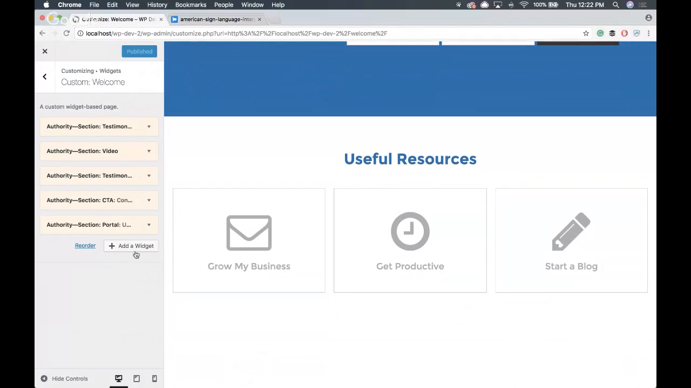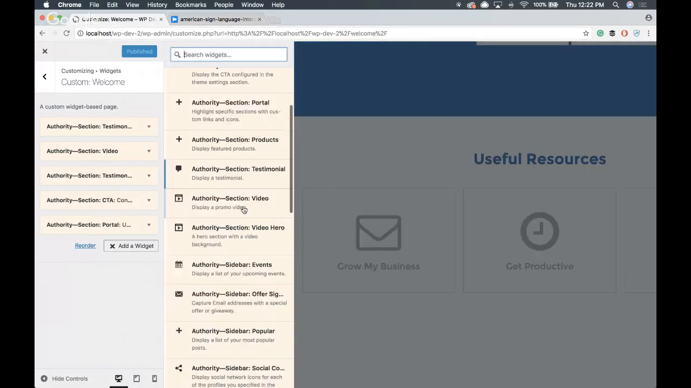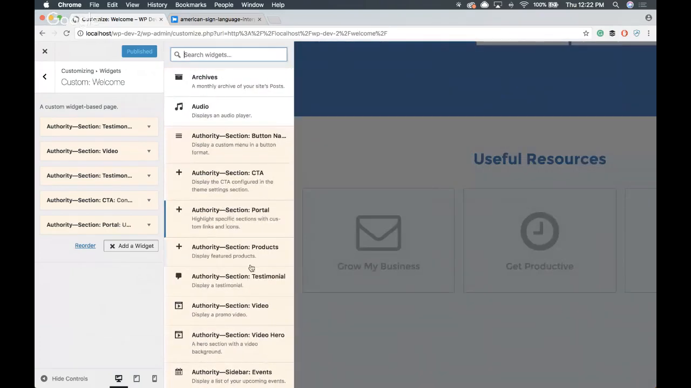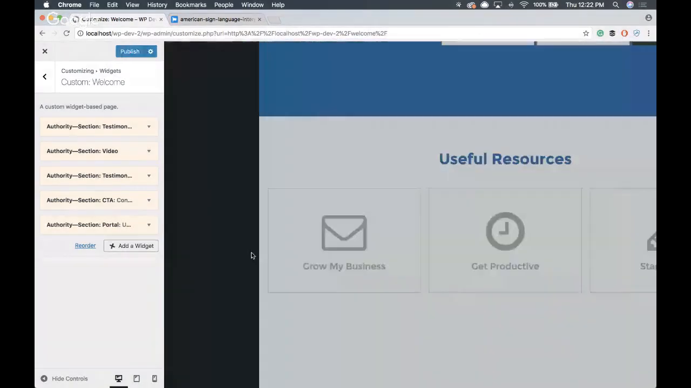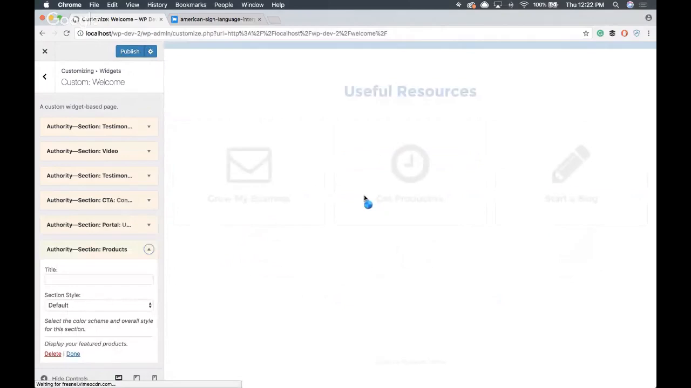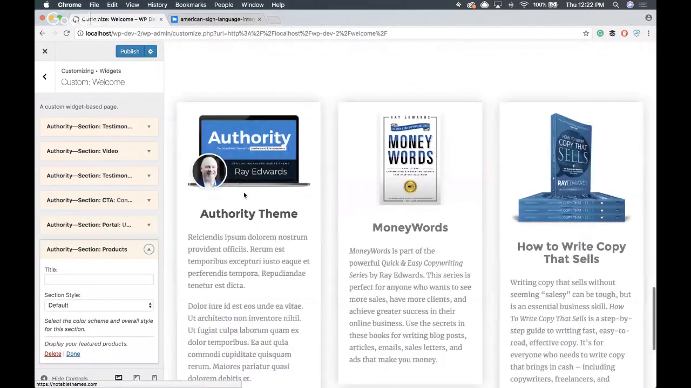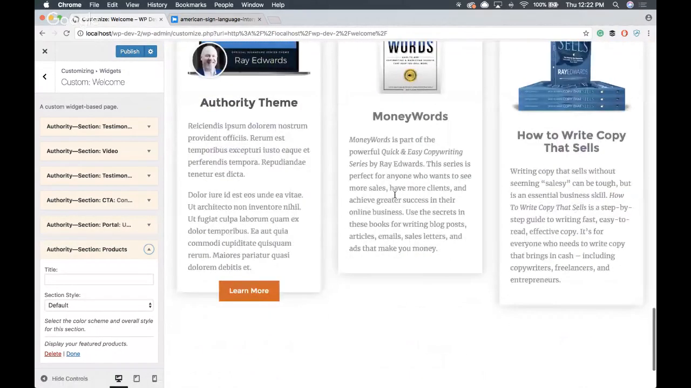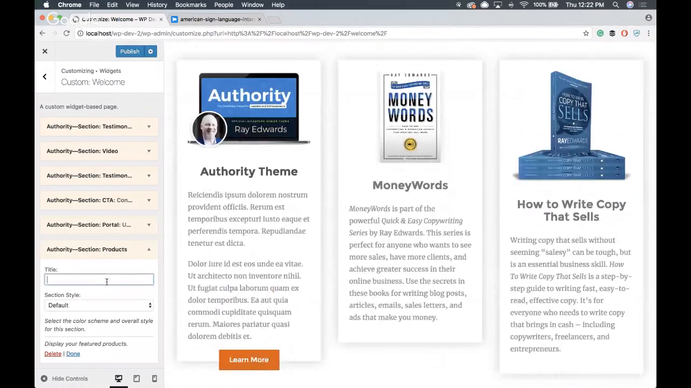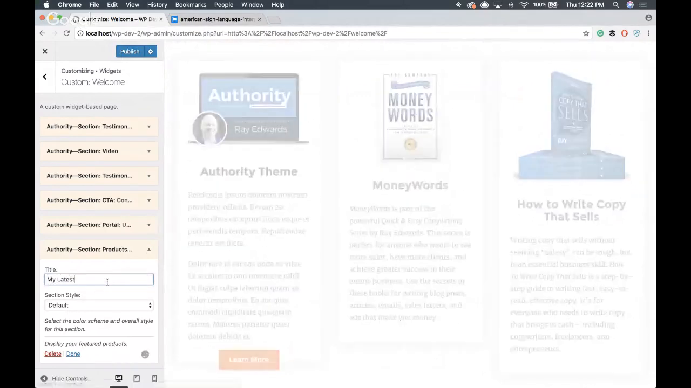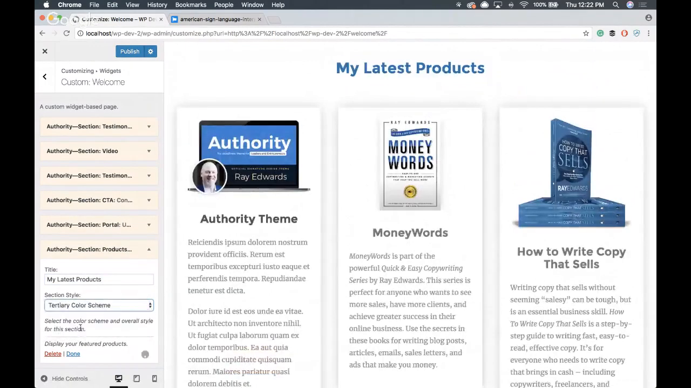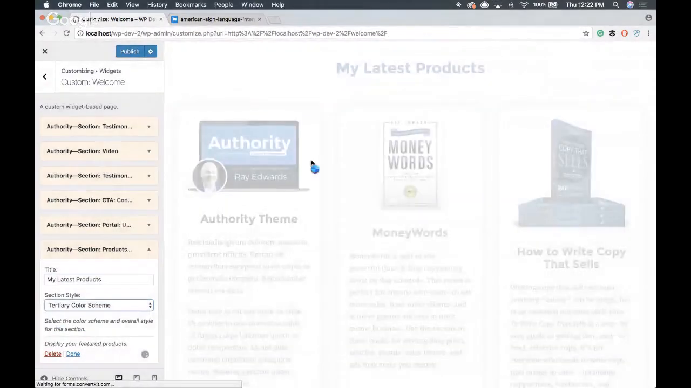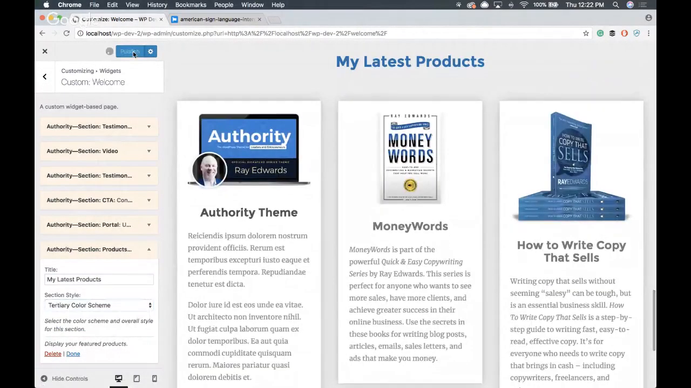And now what we're going to do is pop in our featured products. So we'll select this here. We'll see it's automatically pulled in some products I've already created. So I'm going to show you here real quickly. My latest products. We're going to go ahead and turn this one to be the tertiary color, which is going to be that light gray. I'm going to publish this and then take a look real quick at